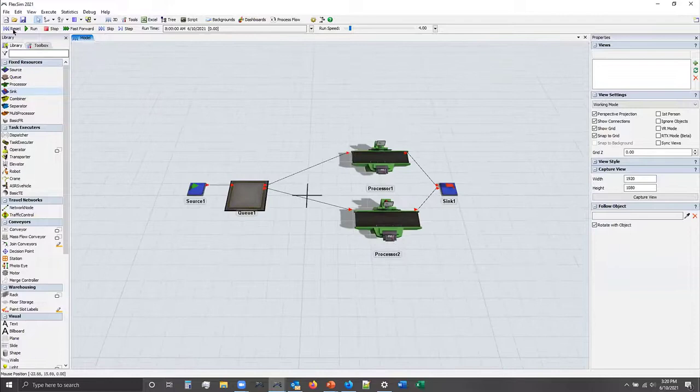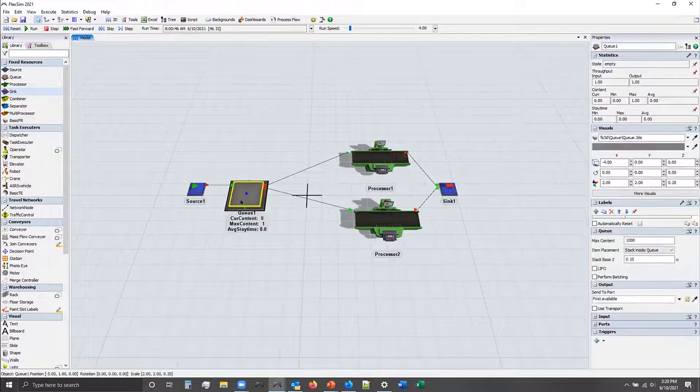And now, if I run the model right now, flow items will naturally flow to the first available processor, because that's the flow definition that the queue is using right now. It says we're going to send these flow items to a port. So we're going to evaluate our ports, and we're going to decide what processors are available. Now, one of the many things that a list can do for us is that it will give us a way to gain greater control over how flow item flow is going to take place. And so rather than using the port connection logic that's just inherent with the object connections,